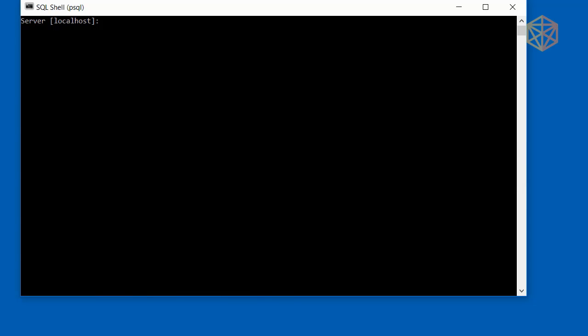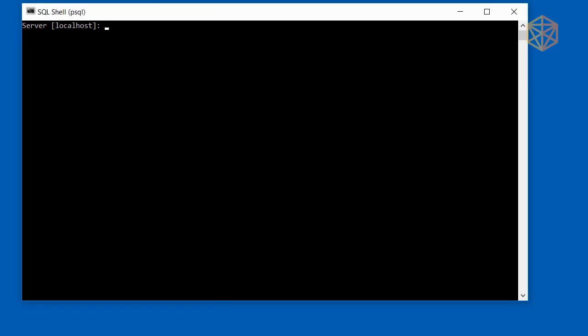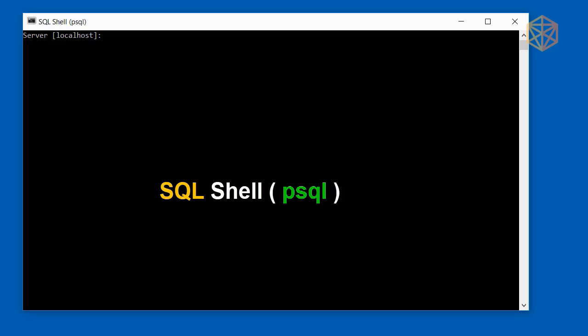I am going to be using the PostgreSQL database for my project. So I have the psql shell. This shell comes pre-bundled with the installation of PostgreSQL. To get this shell to come up, just type into your search bar